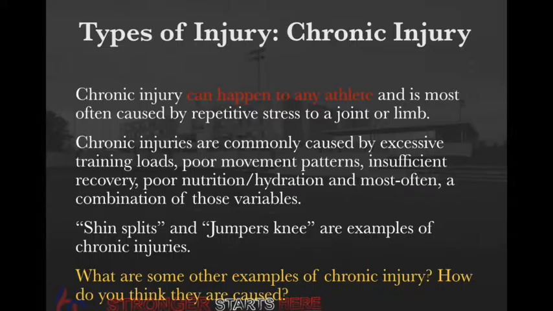Going a little further, you might also want to think about how those injuries are caused. So when we think about things like tennis elbow, or frozen shoulder in swimmers, we want to think about how those injuries are caused, usually through poor movement mechanics, a lack of strength, maybe a little too much too soon, a little too high volume, and a little too little recovery. Those are all leading causes of chronic injury across the board.